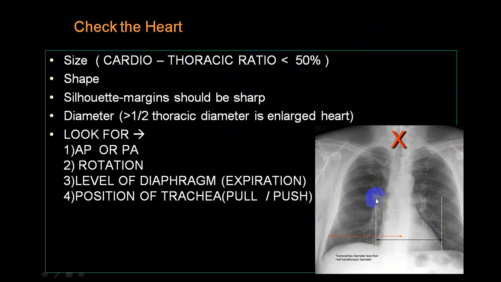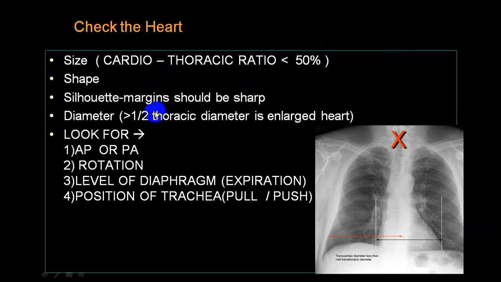This is a wrong technique. Don't draw two vertical lines on the right side and left side and calculate the cardiac size and compare it with half the size of the thorax. This is a wrong technique. We'll be showing you further what the exact technique is. If it is less than 40% of the transverse diameter, then we call that normal. But if it is more than 50% of the transverse diameter, we call it cardiomegaly.